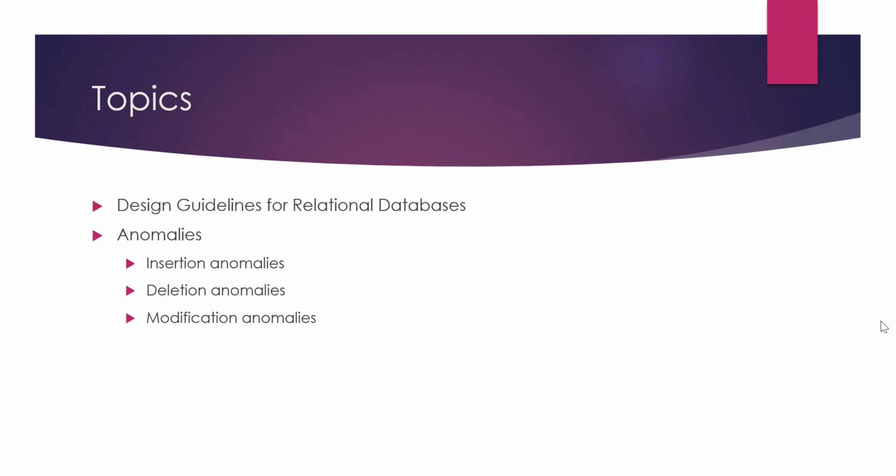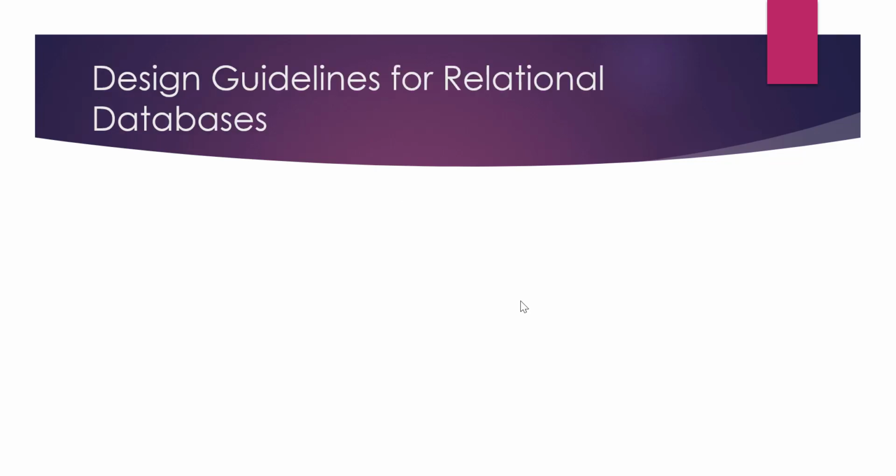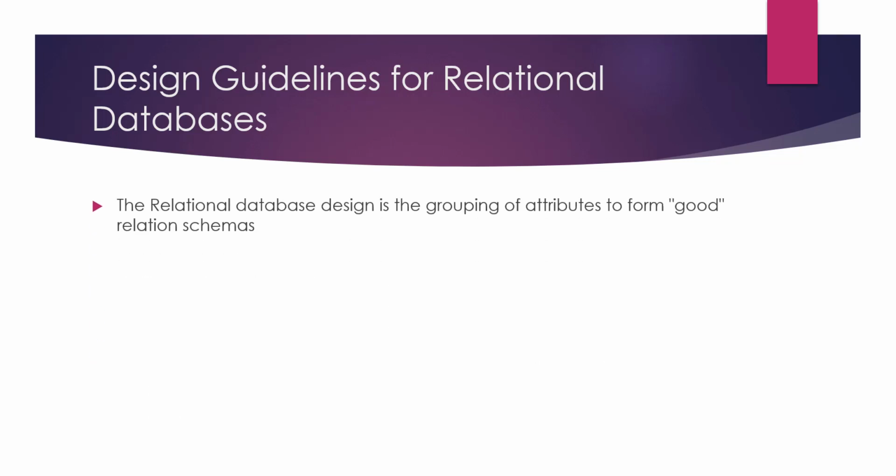and we'll look at some of the anomalies that could happen as a result of bad design. We will look at insertion, deletion, and modification anomalies that could be a result of a bad relational database design. As you may recall, when we are designing our relational database, we are basically grouping a set of attributes to form relation schemas. So the result will be a set of relations, a set of tables,